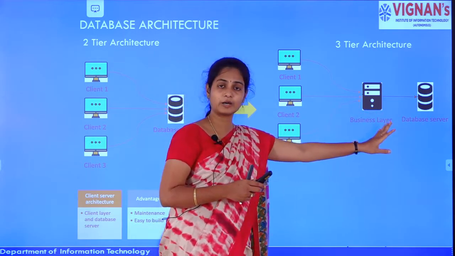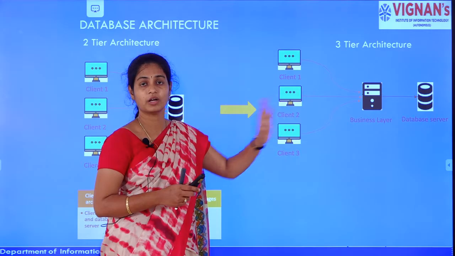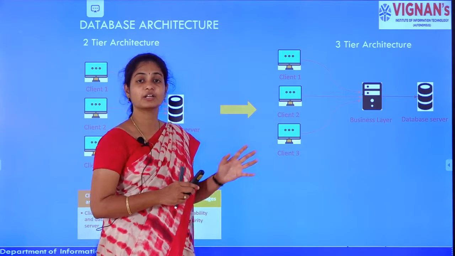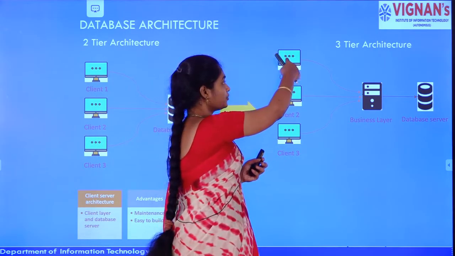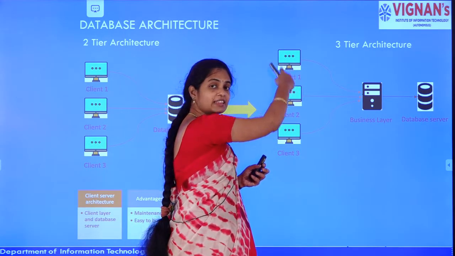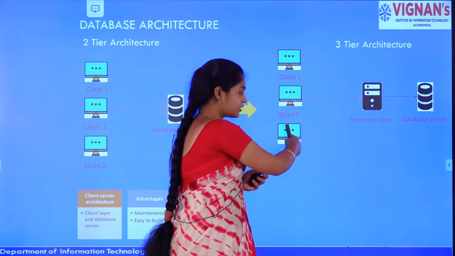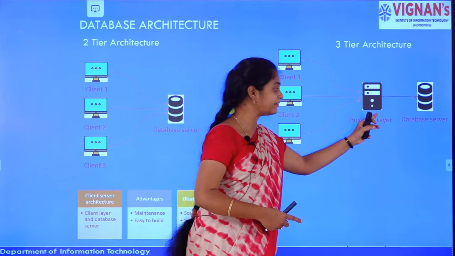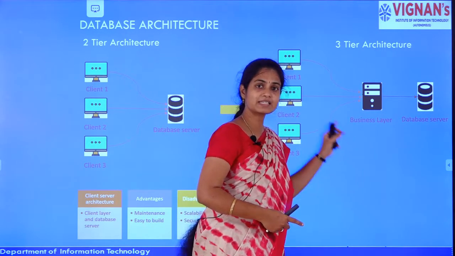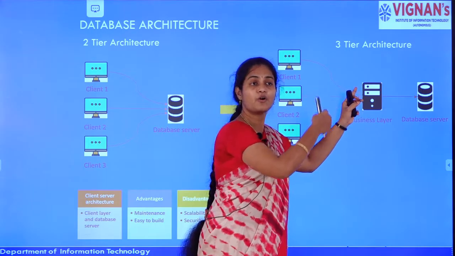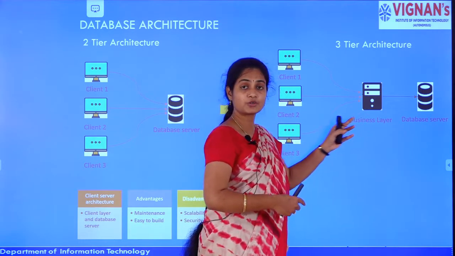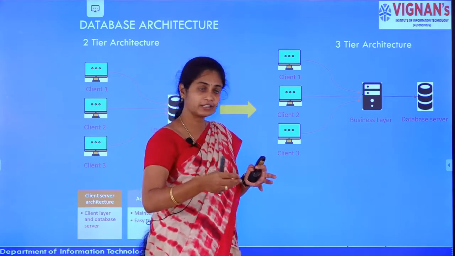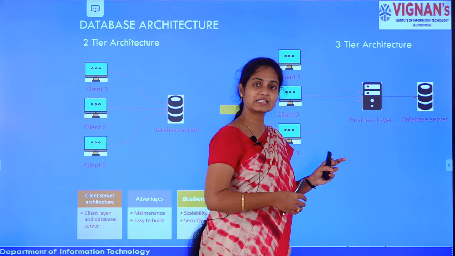Suppose I just want to book a ticket, or deposit an amount of X rupees in my bank account. What happens here? First, the user will run the interface on the client machine. When the user runs the interface, that query will be given to the business layer. In the business layer, all kinds of code optimizations will be done. What kind of query is it? Which path do I have to move? Everything will be taken care of by the business layer.